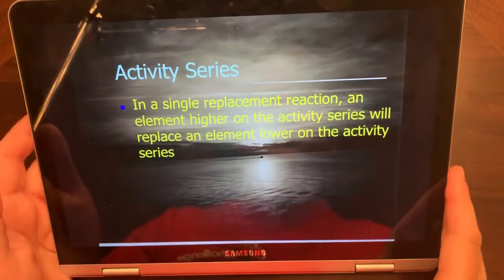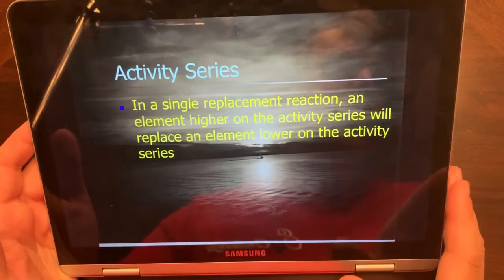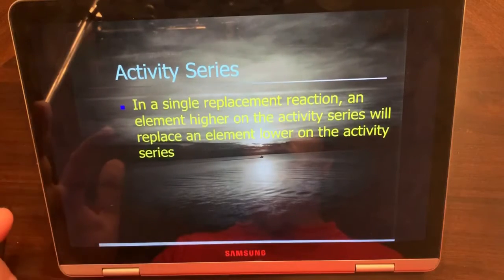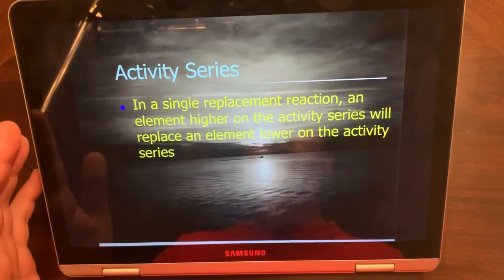Greetings, chemistry students. Today we're going to look at how we can determine whether a single or double replacement reaction is going to actually happen. So for single replacement reactions, an element that is higher on the activity series will replace an element that's lower